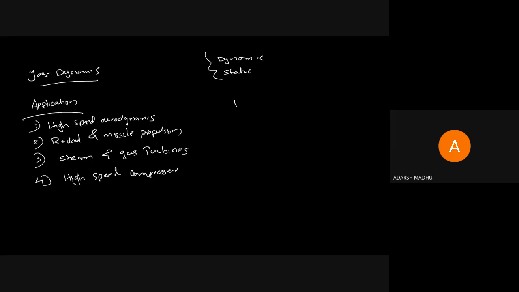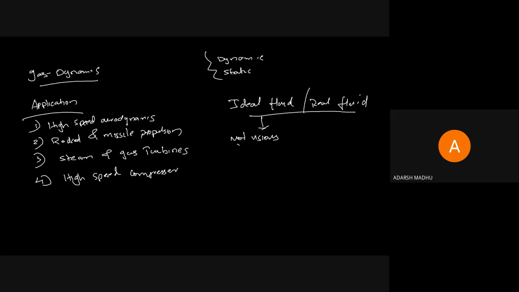So what is called an ideal fluid? Ideal fluid and real fluid are there. So what is an ideal fluid and what is a real fluid? An ideal fluid is a fluid that is not viscous. So what is viscosity? Viscosity means the hardness or resistance of the fluid, and the force which resists the flow is called viscous force. So an ideal fluid is a fluid which is not viscous.